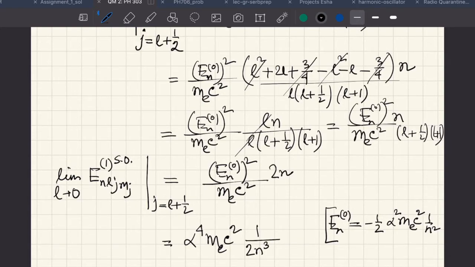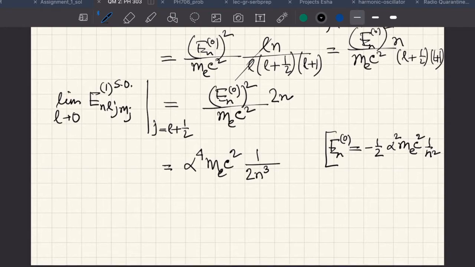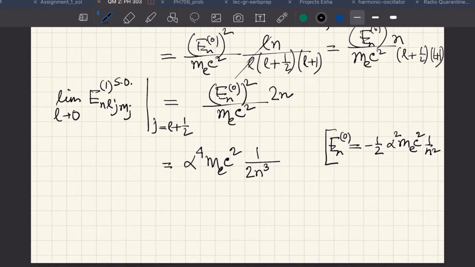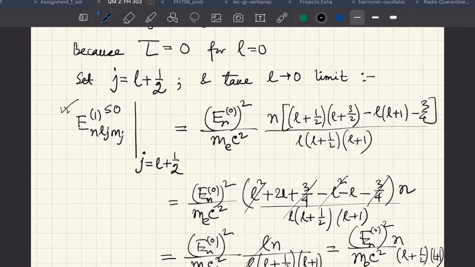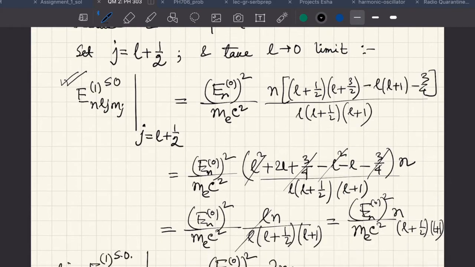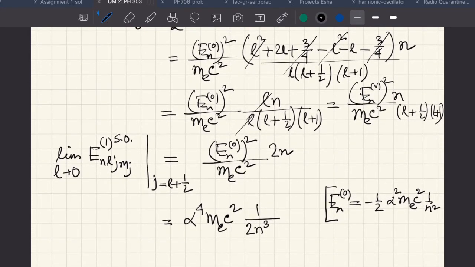So this limit actually gives the Darwin term. If you arrive at the Darwin term from the physical argument of why this term should be there even if l is equal to 0, or by taking the limit of this expression, we arrive at the same term which you would have obtained if you come step by step by following the arguments for why there is a necessity of the Darwin term. Anyway, we are not going to discuss that here, but this is what I wanted to tell you.